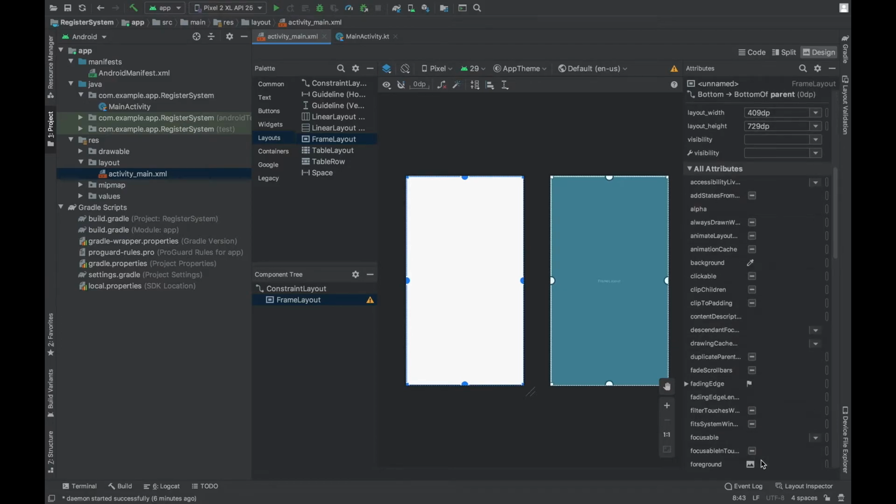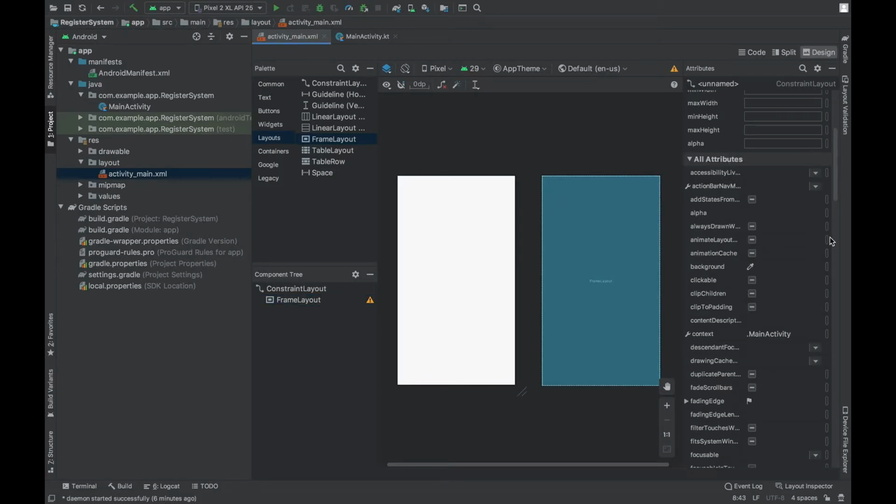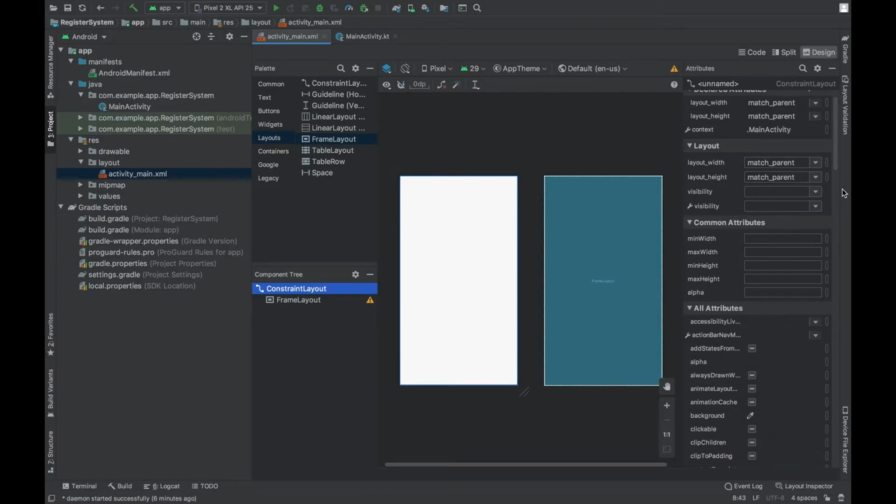Now our frame layout is positioned very well. Also change the width to match constraint and also the height to match constraint. Now what will this do? By selecting this settings, we are basically telling the frame layout to expand whole into the constraint layout. Our constraint layout is set to match parent.